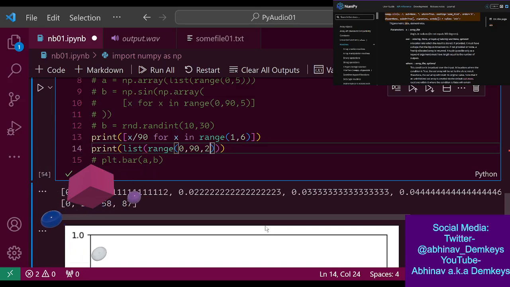I seem to have gotten stuck on this thing. So what I was trying to do here is create a list comprehension that gives me 5 values between 0 and 90, but equally divided.